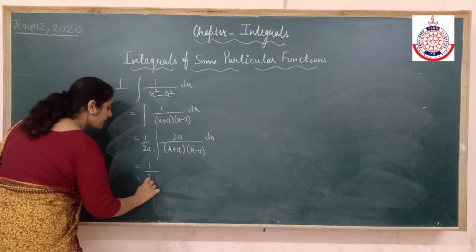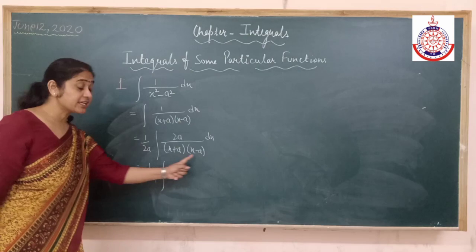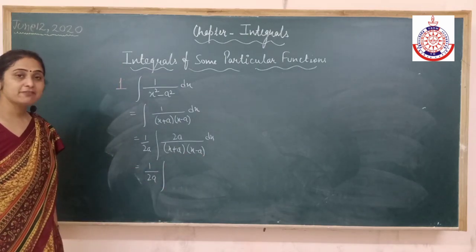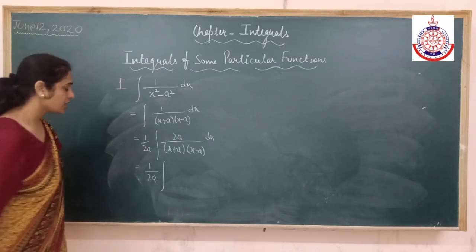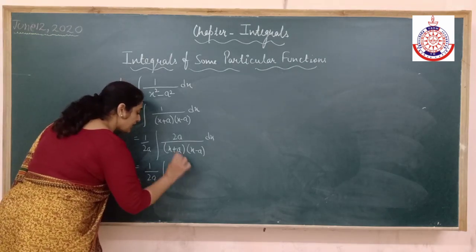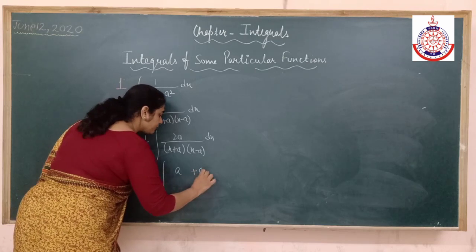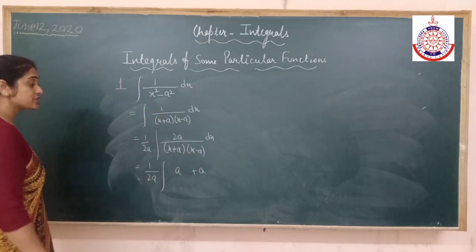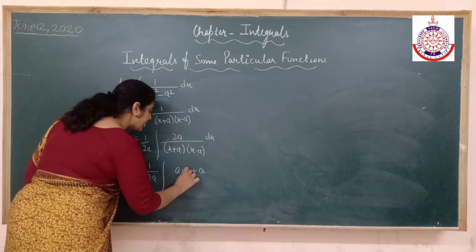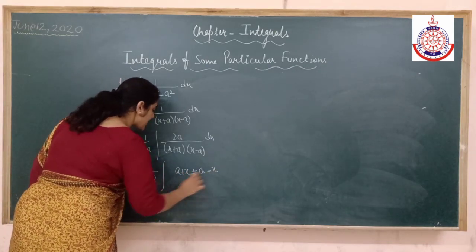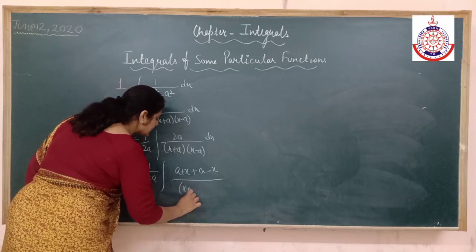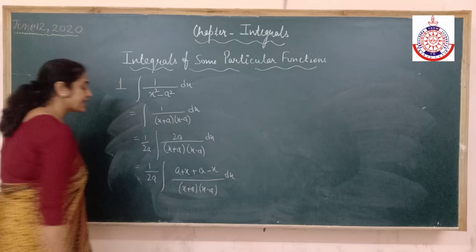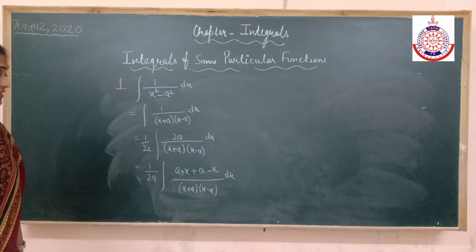Alright, because what am I going to do? I have multiplication in the denominator and that's a problem for me. So I have to break this multiplication. So I am writing this 2a as a plus a. Now I need to introduce this x. So I am going to add x into it and I am going to subtract x. X is added and x is subtracted.